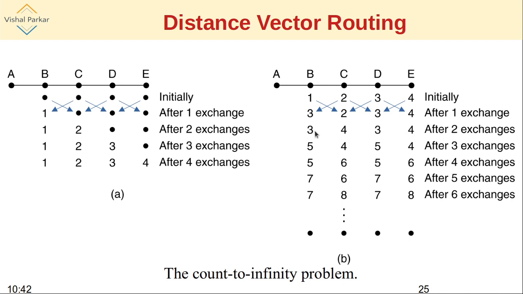C sends the same information as in the previous exchange, and B exchanges the same value to C. D exchanges the same value to C. So there is no change in C, but C gives a new value to reach A to B, which was initially 3, which was initially 2, now it is 4. And as B knows that it can approach C with a hopping distance of 1, now it changes the value to 5. And the same goes with D as well. But there are no changes in C and E.